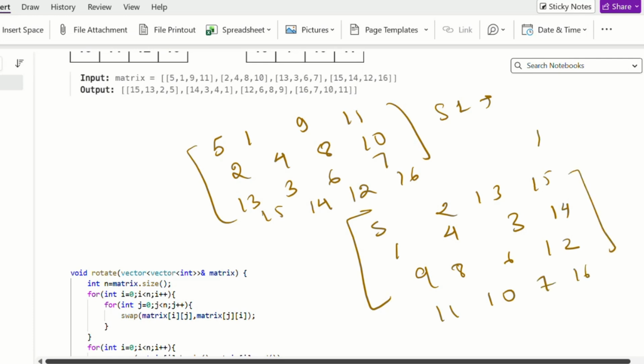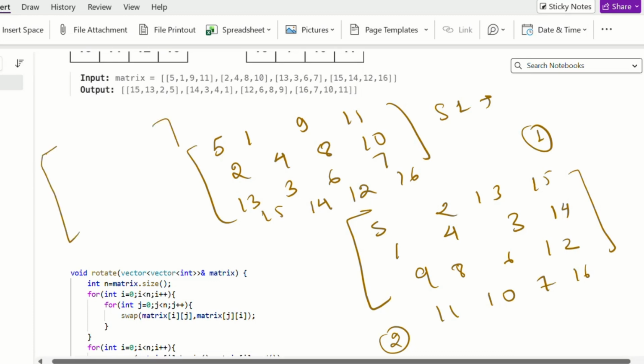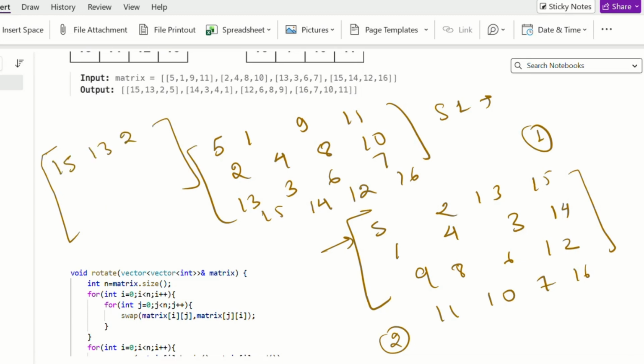Now I have done the first step. What is my second step? For every row I need to reverse the row. So for this row, if I reverse, it will be 15 13 2 5. For the second row, 14 3 4 1.